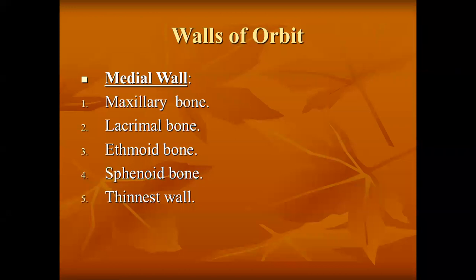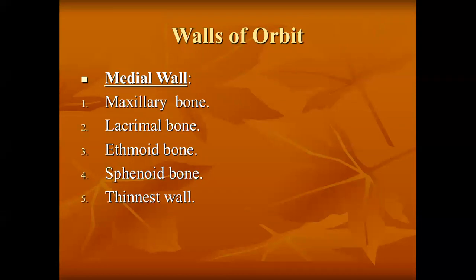Similarly, the medial wall is the thinnest one. Whenever there is damage to the medial wall of the orbit, whenever we blow air, the air will directly enter from the nose into the orbit, and therefore the eyeball will proptose out. So whenever there is damage to the medial wall, we ask the patient not to blow with high power, because that air will actually push the eyeball forward.